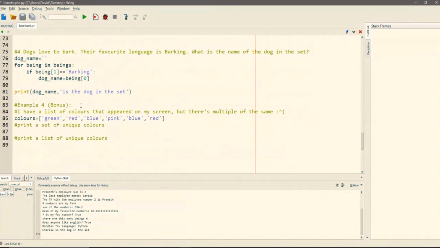So we got a cool new one. This is a bonus one. The reason why it's a bonus one is because this was a question I got in a job interview, and I ended up getting the job. So I definitely think this is a good solution. Okay? So let's paint the picture on the context of what's being asked.